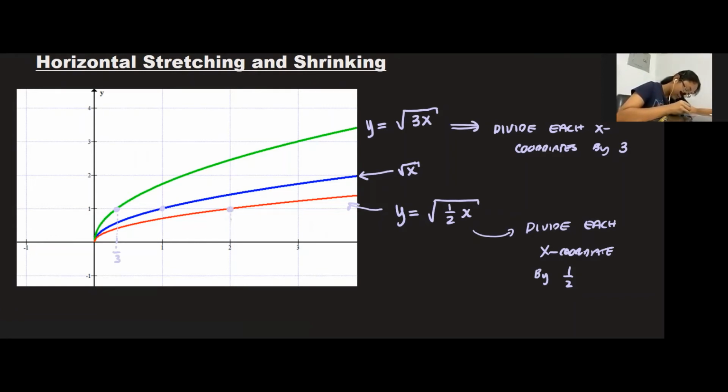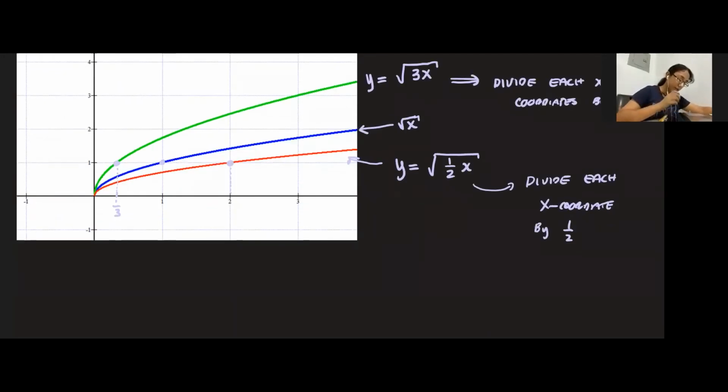So this graph is representing a horizontal stretch. Your x values are getting multiplied by 2, meaning it's becoming larger. So what we can say from here is that if you have y equals f of c times x, meaning you're multiplying the input value by some c, this means if c is greater than 1, then it is a horizontal shrink